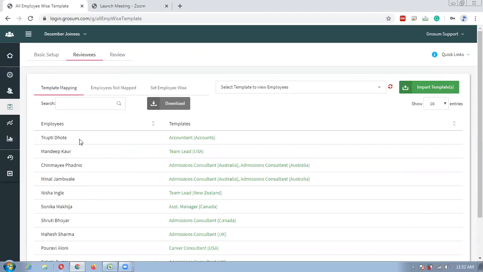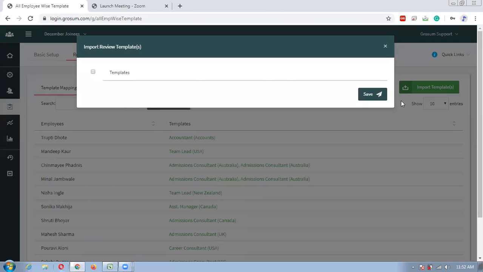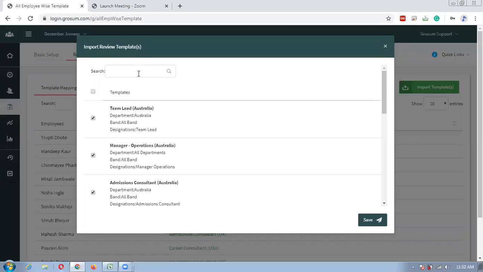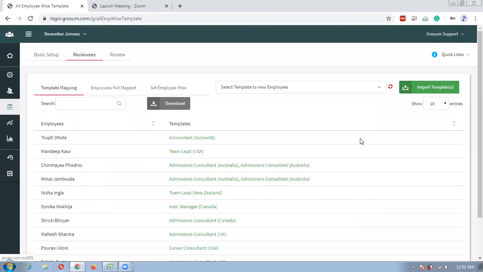You can see all of this. And for a particular review, if you want to add or import a particular template, click on the import template option, search for the particular template, select that template and click on save. Your template will get imported for that particular review.